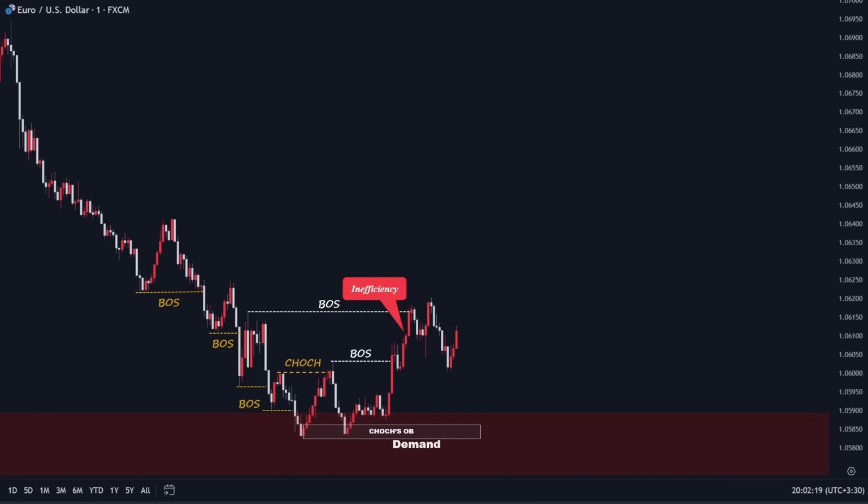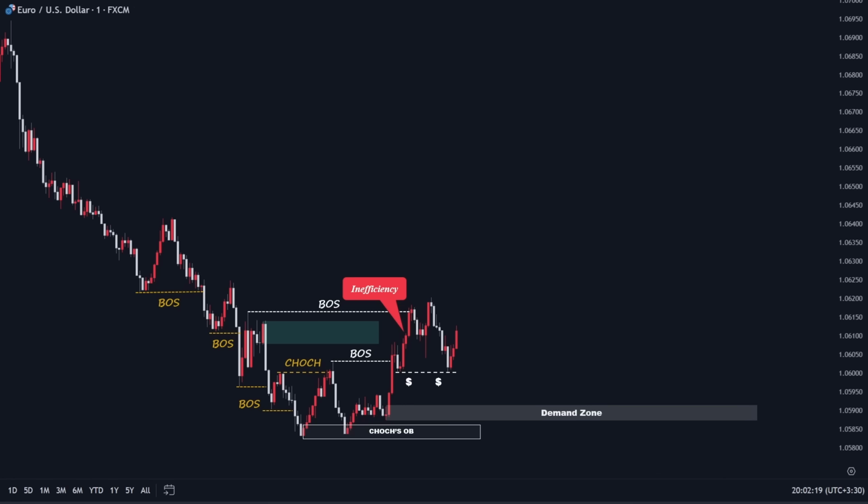As you can see, after mitigating the change of character's demand zone, the price rapidly pushed to the upside with significant inefficiency, creating two successive bullish breaks of structure. Additionally, the price broke out of this 1-minute time frame supply zone. Next, we identify the demand zone associated with the recent bullish wave. We can already identify an equal low just above our point of interest, creating a substantial liquidity pool waiting to